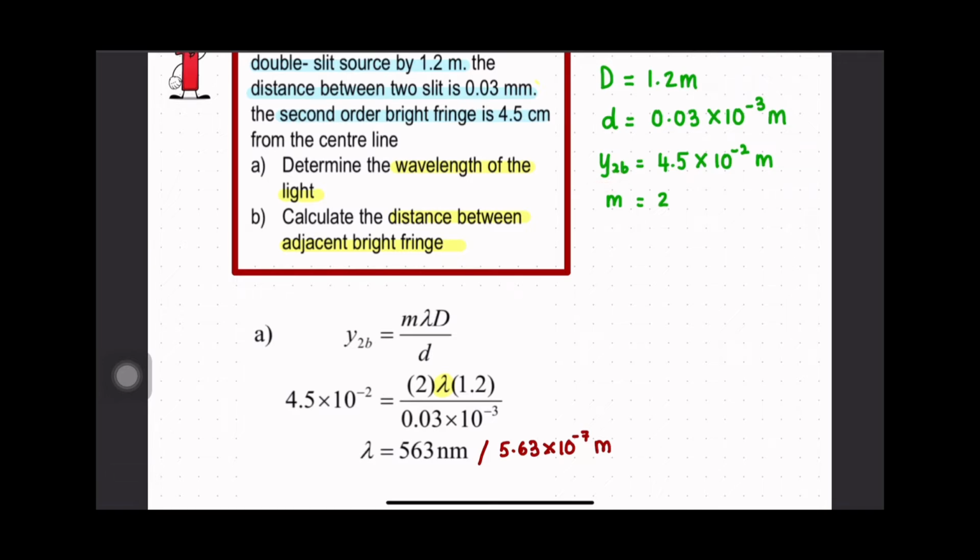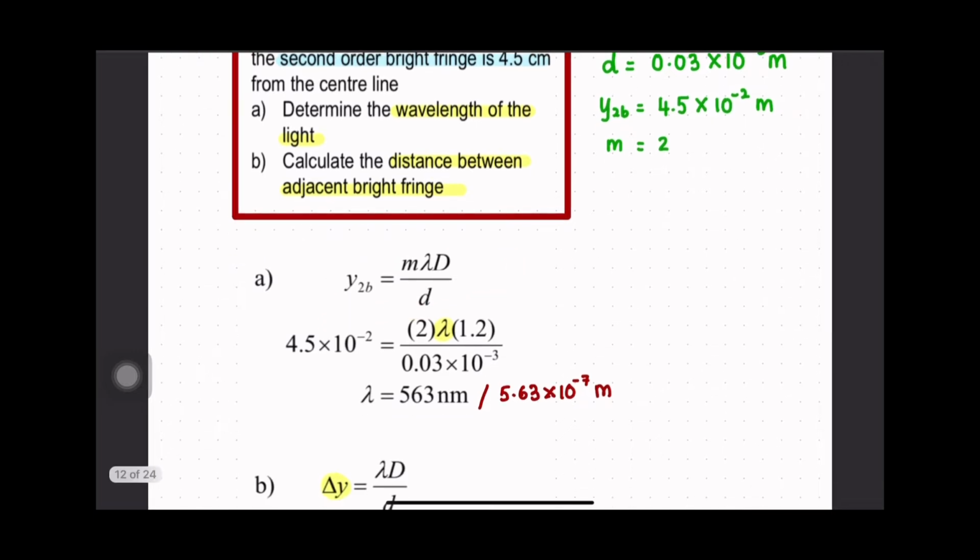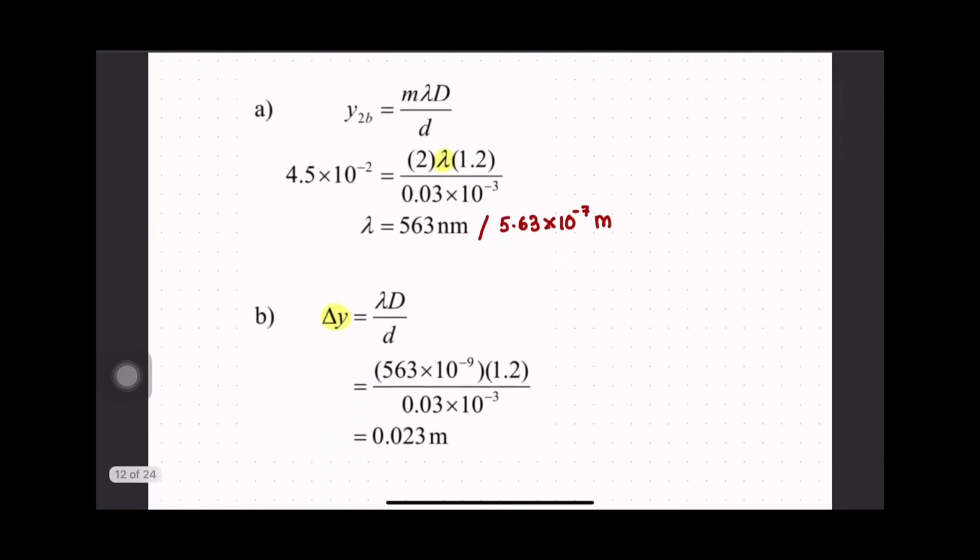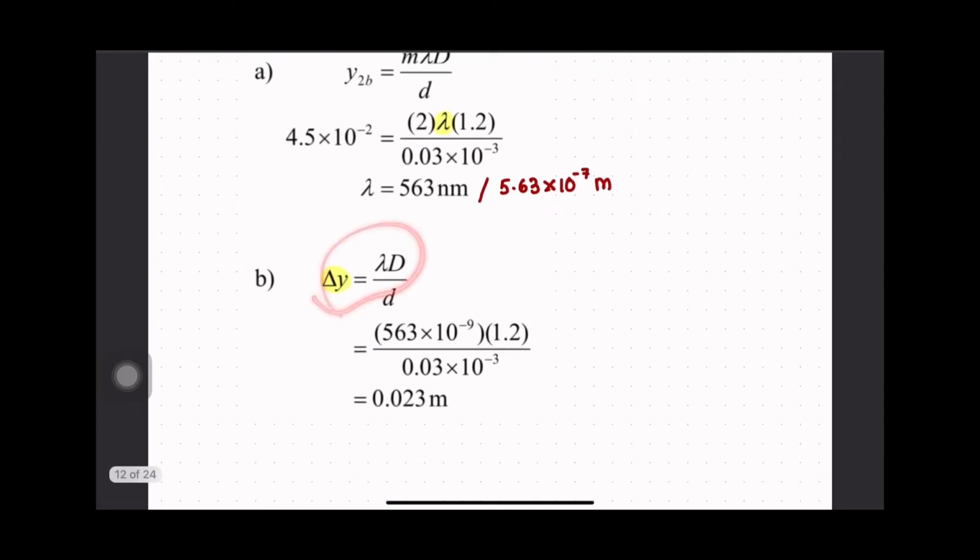So formula apa nak guna? Formula bright. Okay, substitute the value, so we get lambda is equal to 563 nanometer. Kalau you tinggal dalam terms ni pun tak apa. Okay, so next adalah calculate the distance between adjacent bright fringes. Adjacent kat sini bermaksud sama dengan consecutive. Bila cakap pasal consecutive, you terus direct guna formula delta Y is equal to lambda D over d. Jadi jaraknya adalah